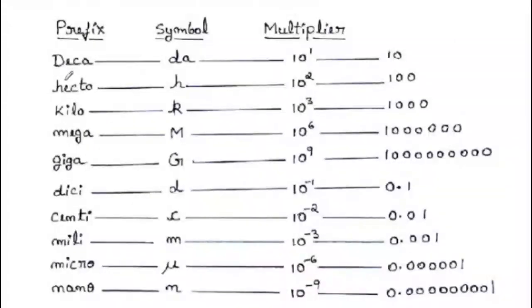I hope you have understood all the basic metric units of length. Usually we will be using kilo, which can be written as small k, that is 10 to the power of 3. You can also write it like this, no problem. 10 to the power of 3 is nothing but 1000. And we also use mega and giga probably in thermal engineering, but you need to know all the basic metric units of length before starting basic thermal engineering.